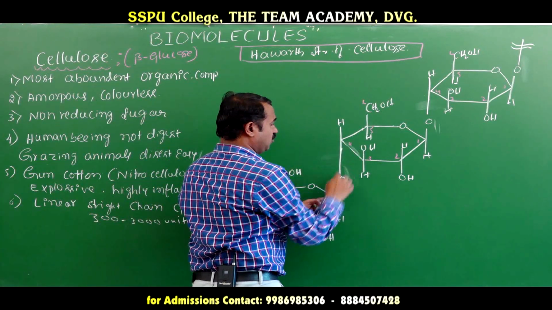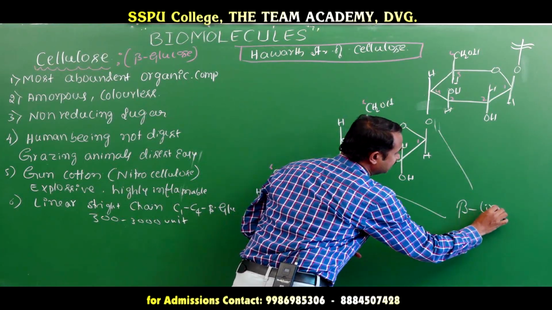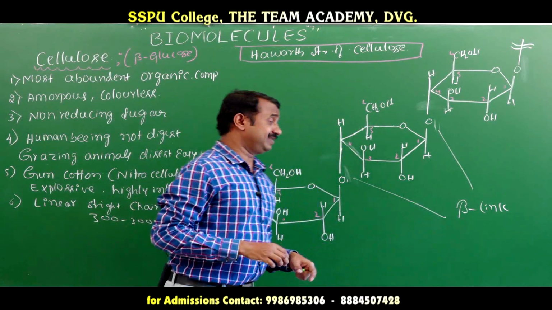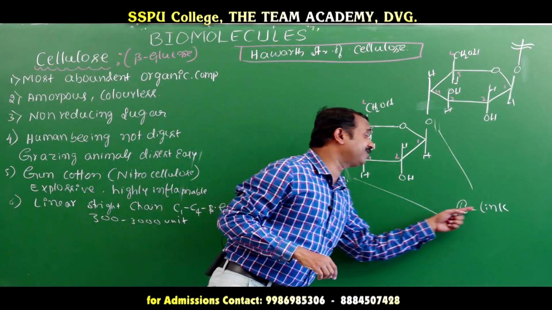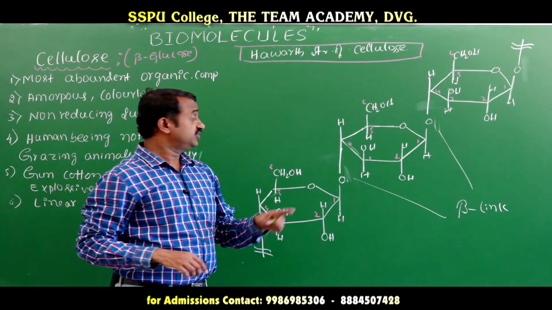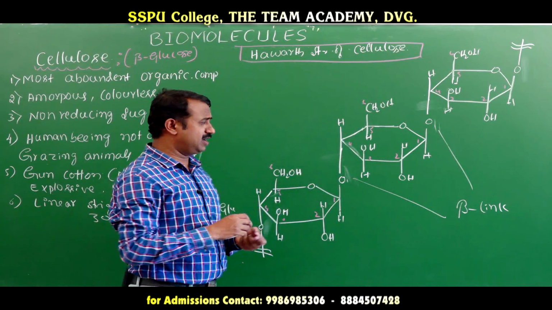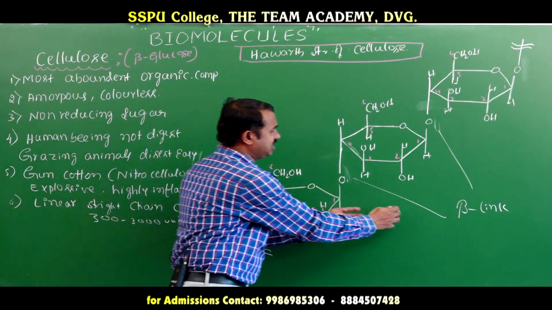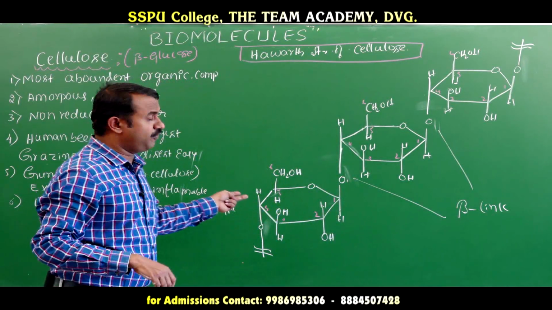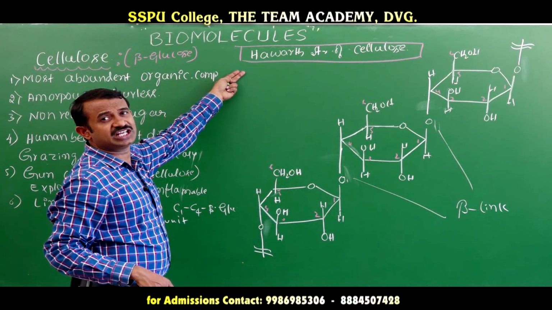Between the C1 and C4 carbon of beta glucose, the link is called a beta link. In amylose it is an alpha link. Here the beta link is a glycosidic linkage, that is a beta glycosidic linkage. This is the structure of cellulose. We can write another type; here beta glucose, you write another one, beta, and the shape is an N shape. Let us go for another; this is the structure of cellulose.